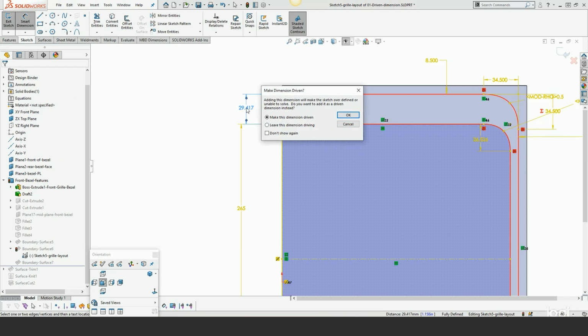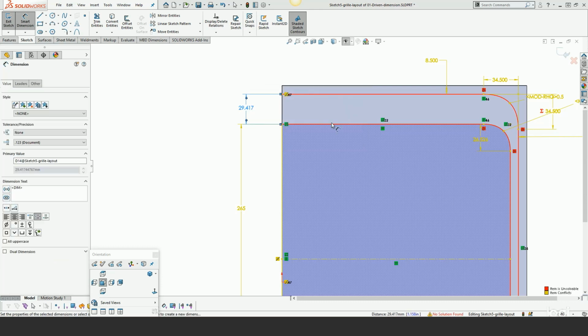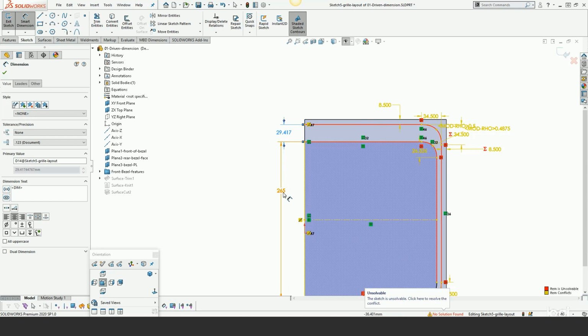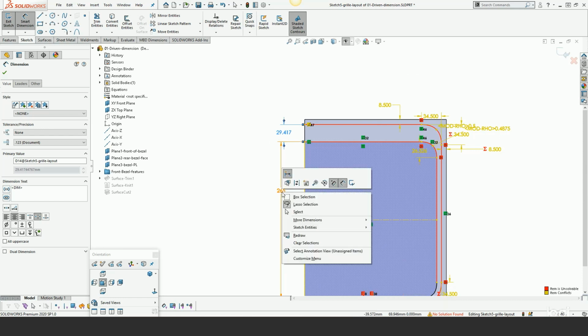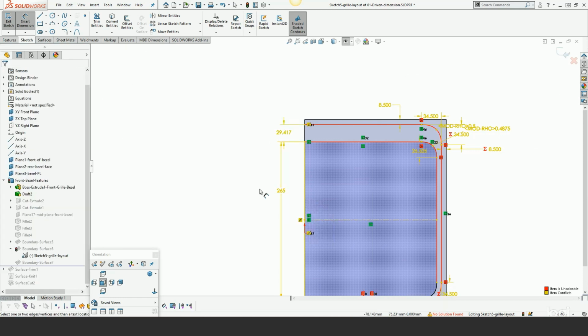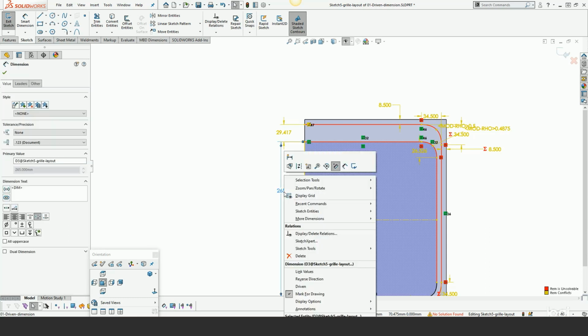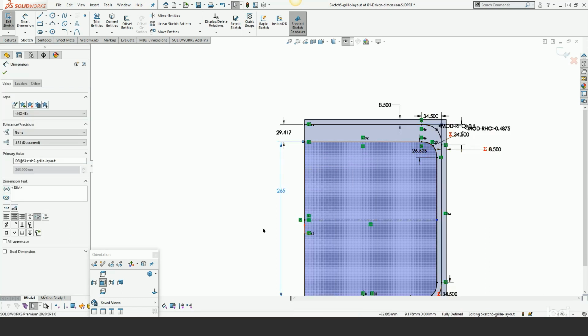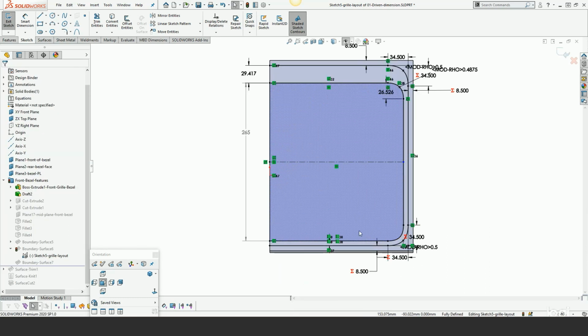And immediately you can see SolidWorks says, okay, you've overconstrained the sketch. What do you want to do? Actually, I want to leave this driving. So I'm going to click this and then go to this dimension here and make it driven. First, you have to get out of the dimension command. And then once you do that, you can make it driven. And now the sketch resolves. Furthermore,